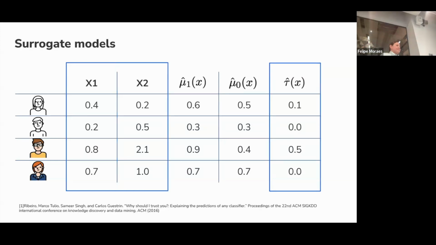Or you can do another thing. You can build a so-called surrogate model. A surrogate model is popular in different applications. One application is distillation, when you have a very complex model. You can fit another, simpler model, which takes the inputs of your original model and the predictions from your very complex trained model. Or you can do the same trick for explanations. In that case, you have 2 models, you can take the input because you have the same features, and you can predict your uplift.